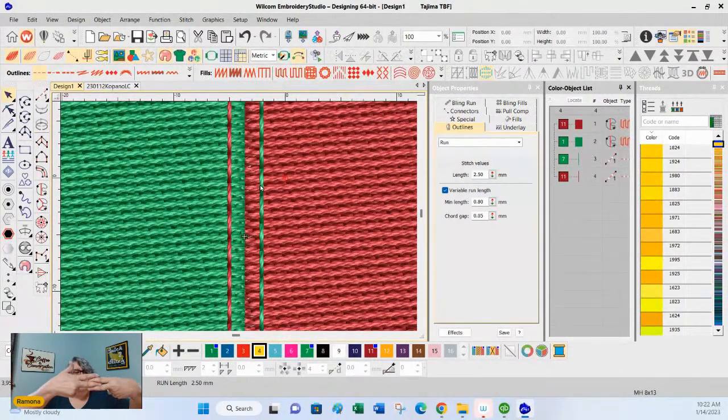So now I have twice as many stitches in that same space. Now I have a dot 20 in my density. Okay. And that's okay. We can still do that. What we can't do, what we need to be aware of, is putting a bunch of stitches in the same place.